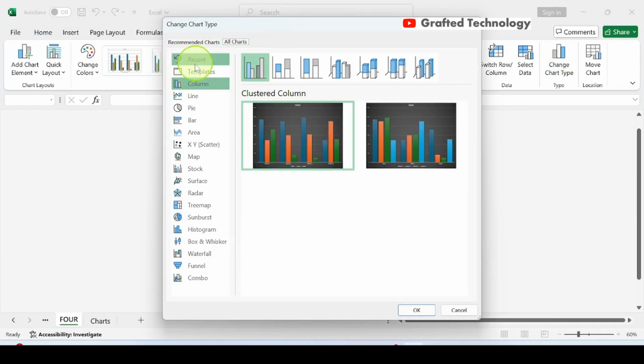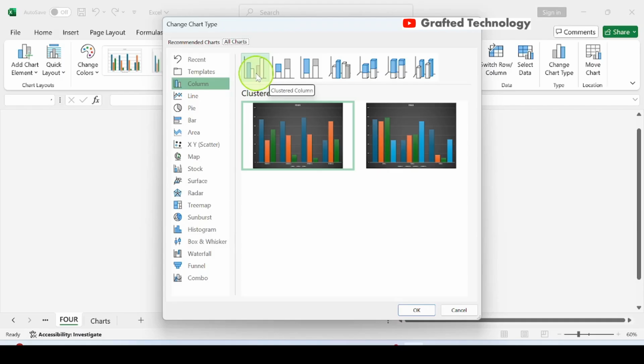Now if you look here, these are the different types of charts that we do have. And over here, you will see the initial chart that we created was a clustered column chart. You can decide to convert your chart to another type of column chart, which is here. This is stacked column chart. This is 100% stacked column chart. This is 3D and so forth. You just hover your mouse over different types of chart still in the column chart and click which you want